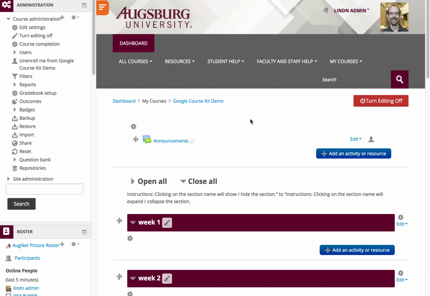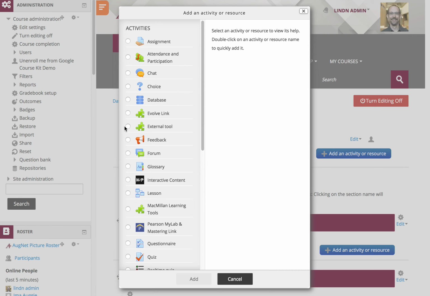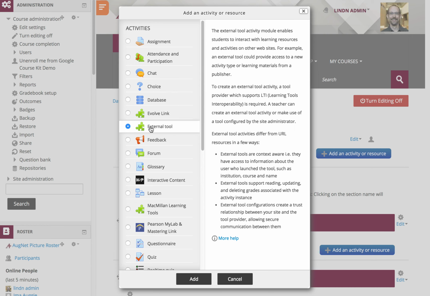Quick demo of adding a Google Course Kit assignment in Moodle. Of course, first you already have to have editing mode on, and then in whichever week you want to add the first assignment, let's say students are going to write a paper, you click the Add an Activity or Resource button, you choose External Tool,